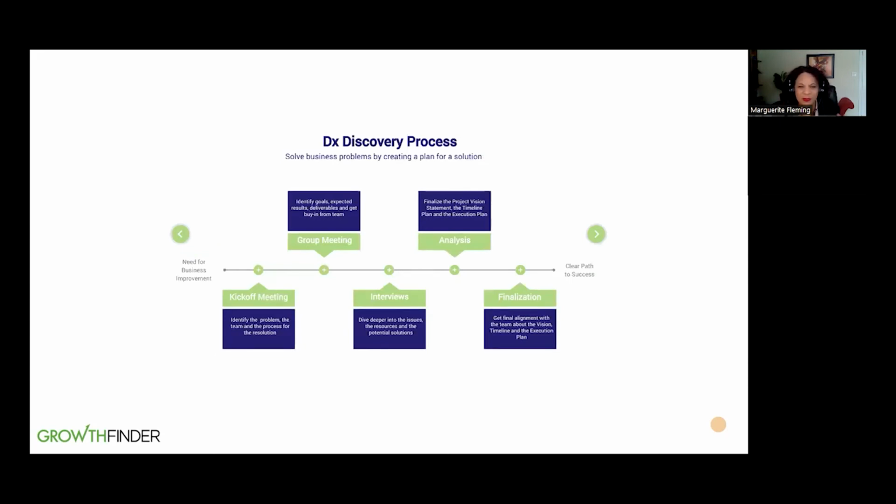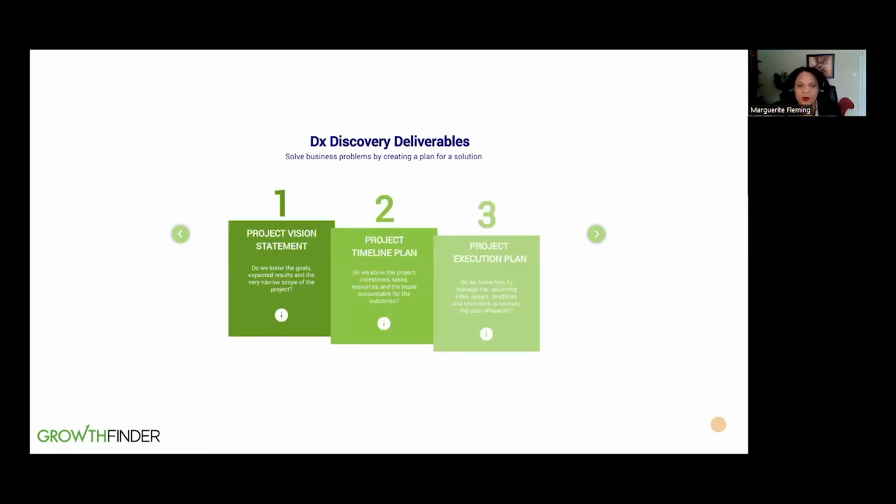If it's a real technology solution, then there's less interaction because we can go and do the research. If it's a business solution that you are working on, we work with you to flesh that out. What does a project plan look like? What are some of the costs? What are the timelines? All right. So the deliverable here is a vision statement, a timeline plan, and an execution plan. This is what CDAP is asking us to provide.